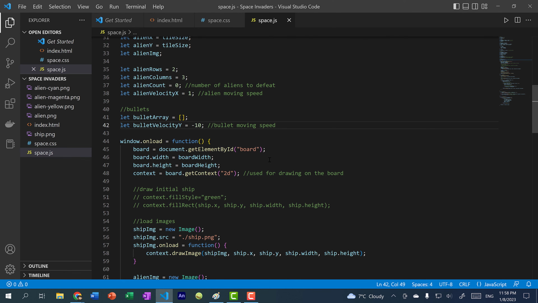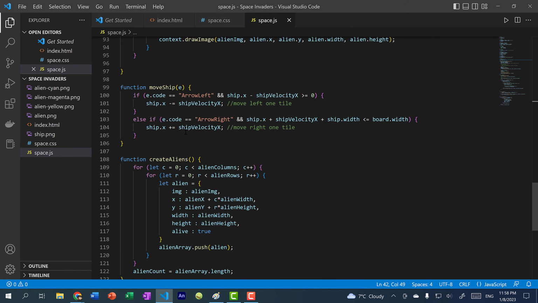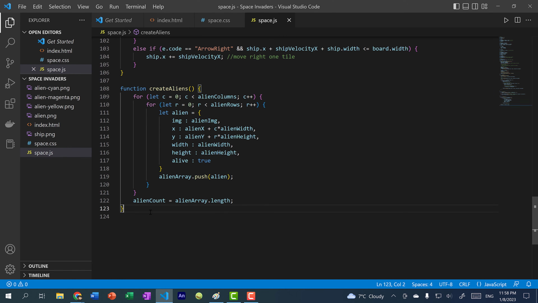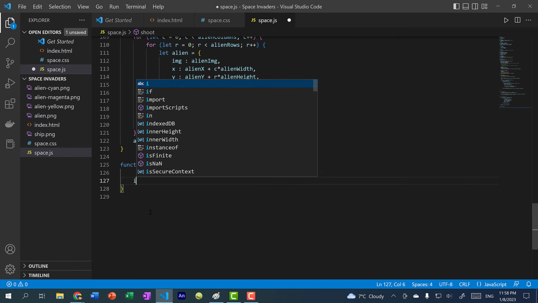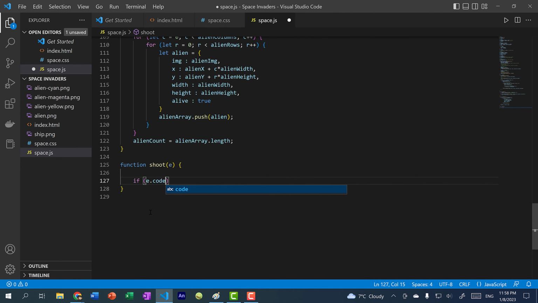All right, so now that we have our array and our velocity, let's create a function called shoot. So this is shoot, and it's going to be a function that takes in a key event. And similarly, we're going to check for a key. So in this case, we're going to have the user press the spacebar to shoot. So I'm going to type if e.code is equal to space,